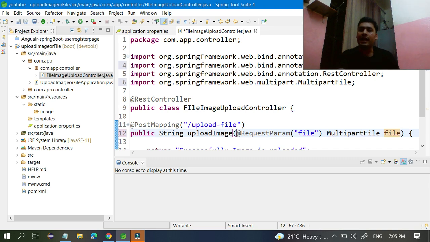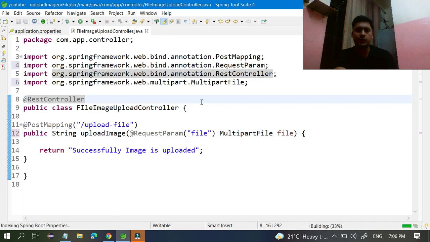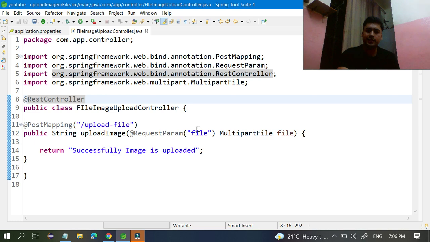MultipartFile has so many child classes, so it takes care of this. You don't need to be aware of it. Any kind of data you send, it will take care of. Just make it big so that you can understand. So this is used to receive the file from your Postman. Just print some information about the file, whether it's coming or not, and check it.